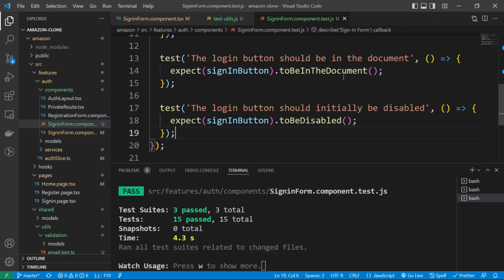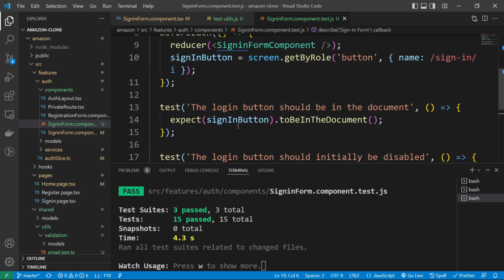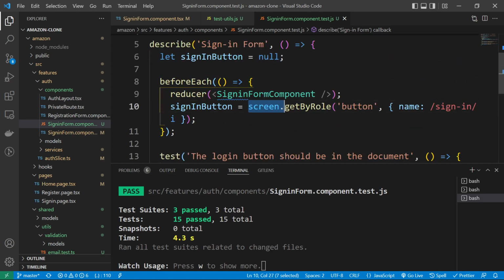Okay, so that's all working. Now, obviously, you'd probably want to do a couple more things here, like entering your email. To do that, you would do something like this again, where you use the screen and then search by something, maybe by ID or by role or by input, and then specify as a second option the particular input, so the email input and then the password